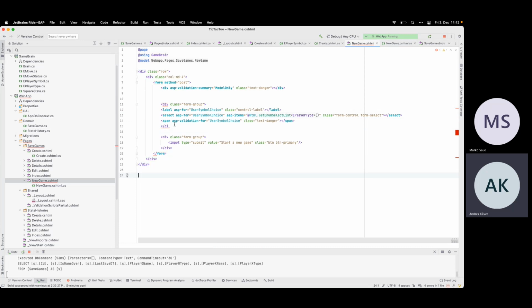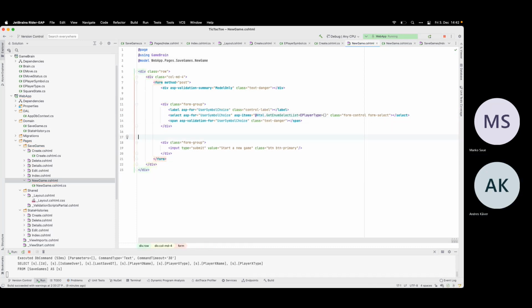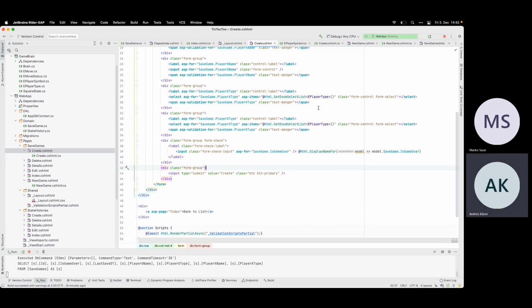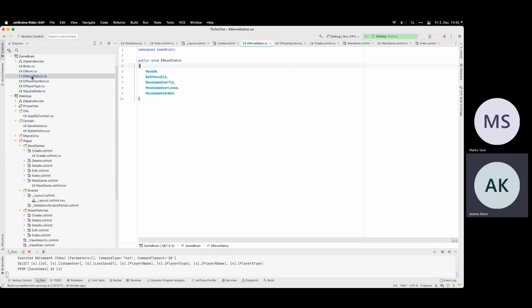And then I need the player type, and the first one wasn't the player type, it was player symbol.